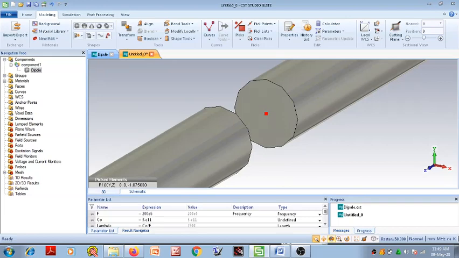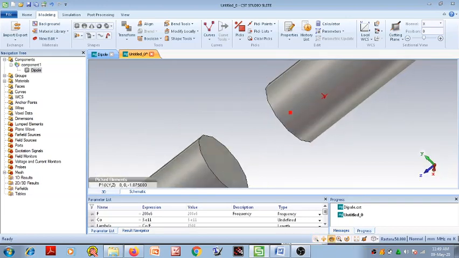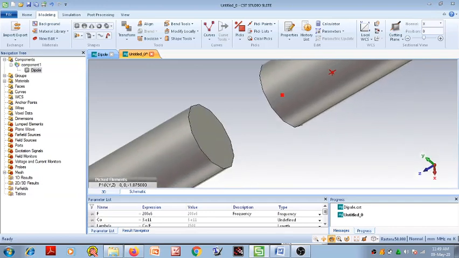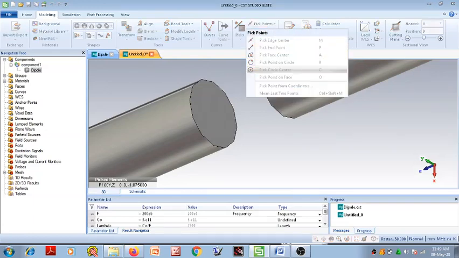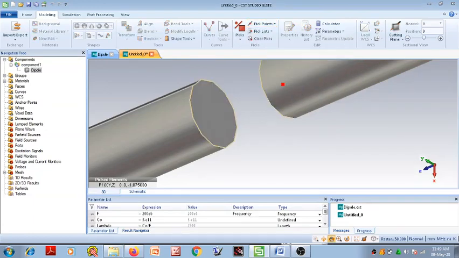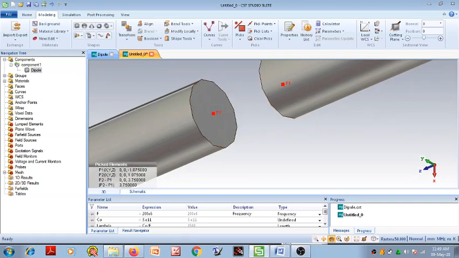Then click on rotate assembly, active rotate mode. So rotate this assembly. Okay, so again click on pick point, pick a circle, choose this circle. So another point is selected here, that is P2. This one is P1, this one is P2. Two points have been selected here.